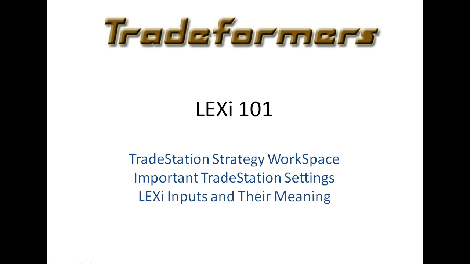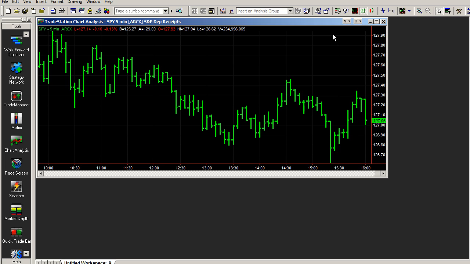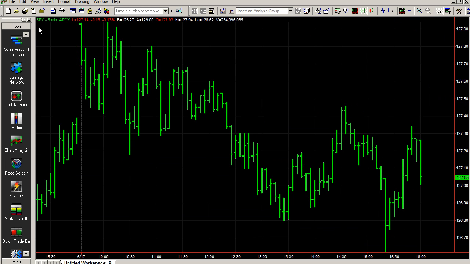We need TradeStation for this. So here's TradeStation with a blank desktop and nothing else. We're going to insert a chart. Okay, here's a chart for Spiders, the S&P